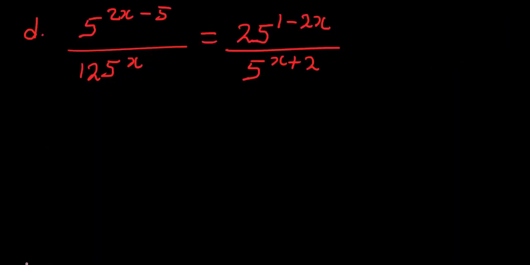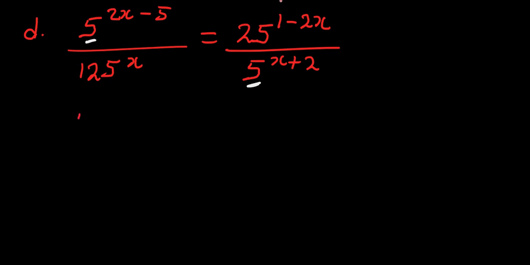All right, so we have question D. And here we have 5 exponent 2x minus 5 over 125 exponent x is equal to 25 exponent 1 minus 2x over 5 exponent x plus 2. All right, so if you look carefully, you discover that the minimum base we have here is 5. We have the smallest base of 5. So all we have to do is to change the other bases to a base of 5, to a certain exponent that can still give the same value. All right, so now if we do that,